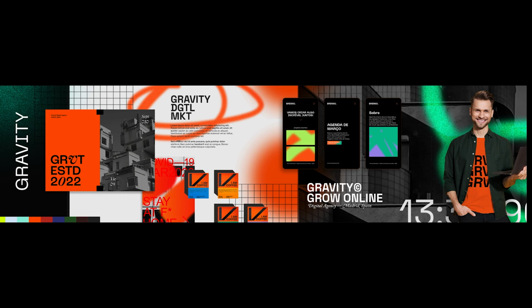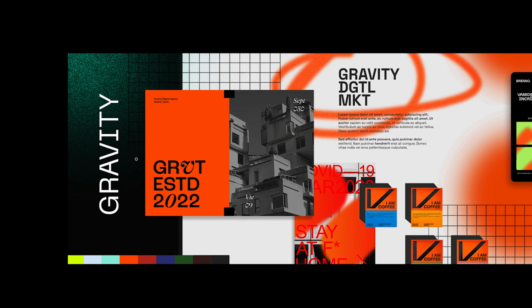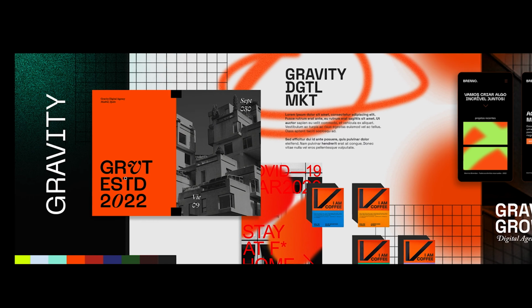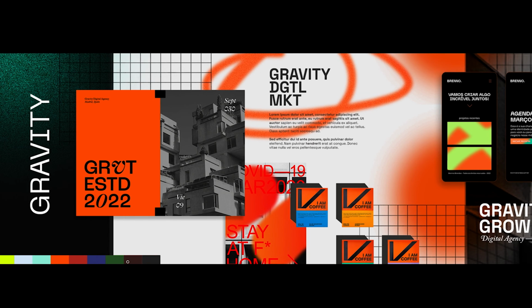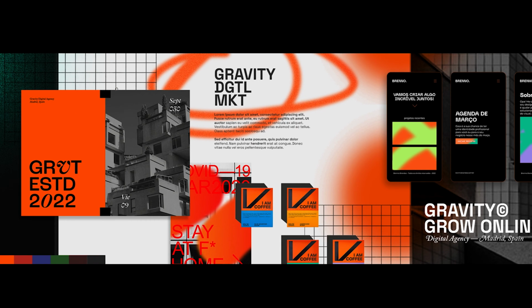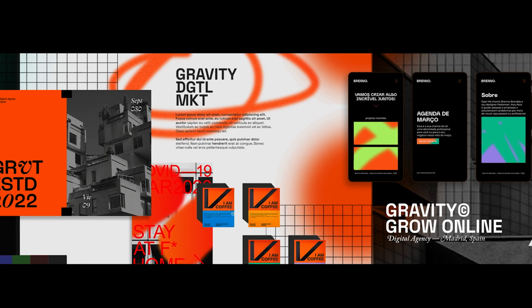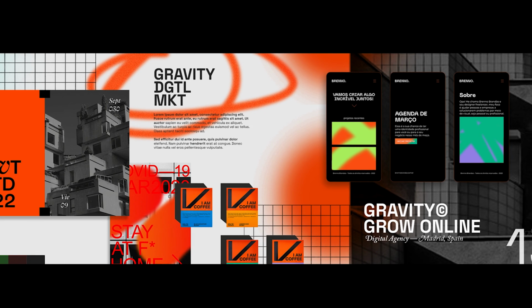Okay, so here we've got an example, and we're going to break it down because at first sight it can seem a bit chaotic, but let's take a bit of a deeper look. So starting here on the left, we've got the name of the brand, and we want to set that in a typeface that matches the style we're going for. And then a series of colors, which is where I like to start by defining the colors. We've got some elements here that are designed for this specific case, like these backgrounds and these typography elements here. And then some examples of different designs that fit the colors and the general vibe of the Stylescape, like